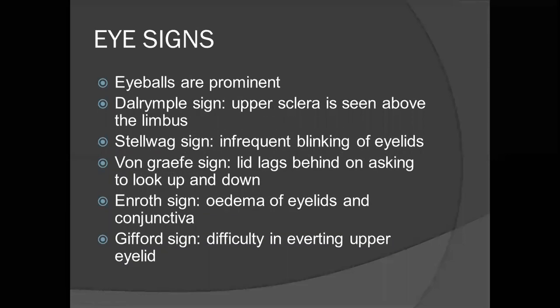What is Joffroy's sign? Absence of forehead wrinkling. Why does forehead wrinkling happen? Because the eyeball is protruded, so the eyeball can easily rise up. Exactly. When you ask a patient to follow the finger upward, beyond a certain point the superior orbital region blocks the vision. If you ask them to follow, the frontal belly of occipitofrontalis retracts the eyebrow like this, so you have a wrinkle there. That improves the vision a little, and you can see it completely.